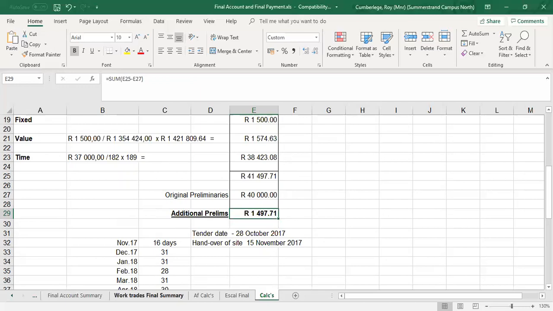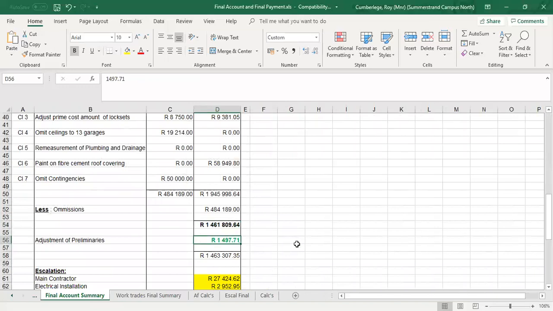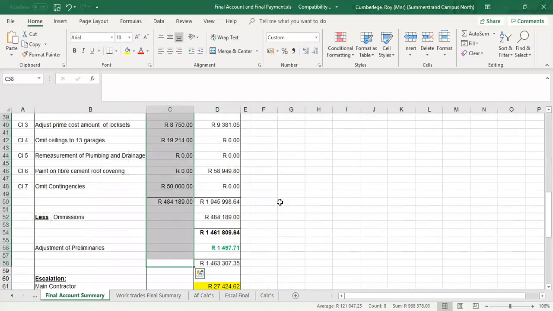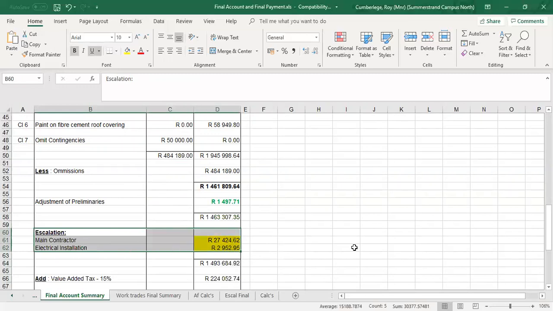So if we go back to your summary page, you'll see my additional preliminaries that we need to add. And that brings me now to a new figure of 1.63 million. That includes, up till this point, it includes all the building work. So the building cost adds up to 1.463 million. Then we need to add the total amount for escalation. And this is now the final escalation. So if we go back to my steps,